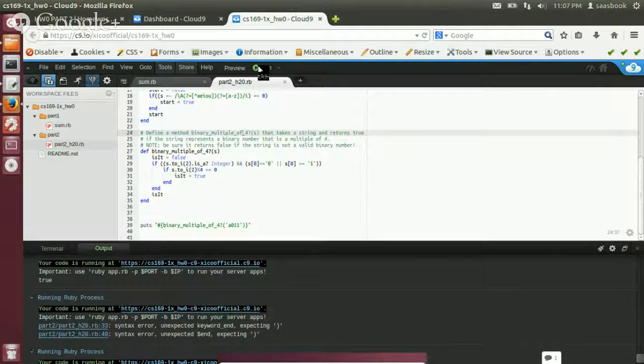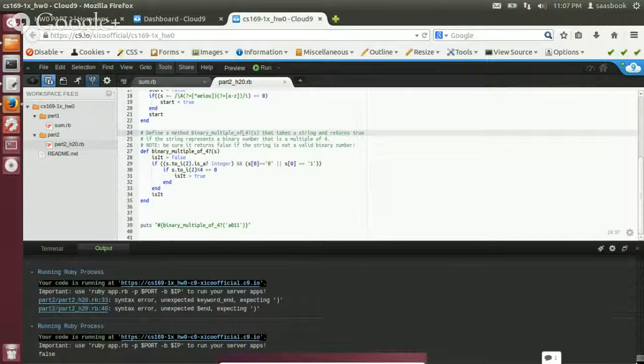Let's try this one more time. And it is false. So it should be true if it's 1, 2, 1